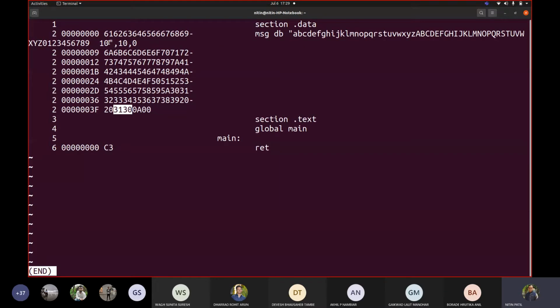What is 0's value? Take 30 in hex and convert it to decimal. This 30 was meant for 0. So if I convert 30 hex to decimal, what would it be? 48. So 48 would be 0. So 48, 49, that's how it starts. Correct? So decimal 48, hex 30, 49, 31 and so on.